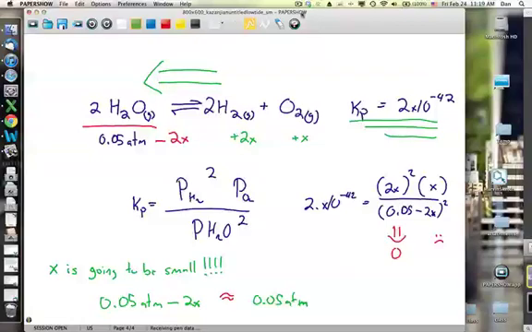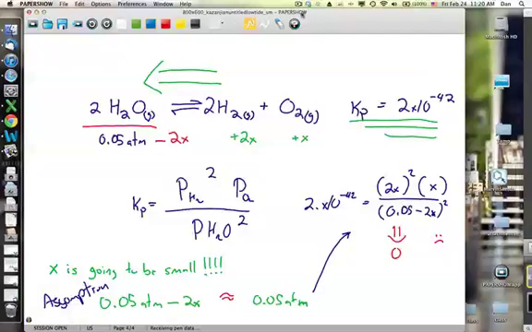It's the loaf of bread example. Bill Gates goes to the grocery store and buys a loaf of bread. He's still got $1 million. So it doesn't really matter how big that value is. As long as x is small compared to the amount we're subtracting it from, it is effectively unchanged. So we make the assumption that 0.05 atm minus x will equal 0.05 atm, and so we can then plop that back into this equation,